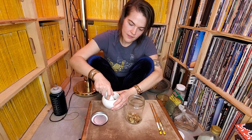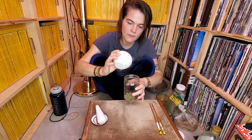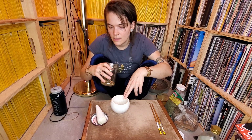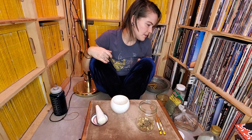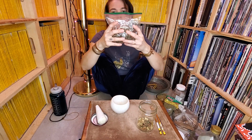And again, just kind of muddling all of these to crush them a little bit. And then when we start doing our wet ingredients, I might put them back in here and muddle them some more. It's gonna get a little bit messy, but that's good. So the next thing we have is